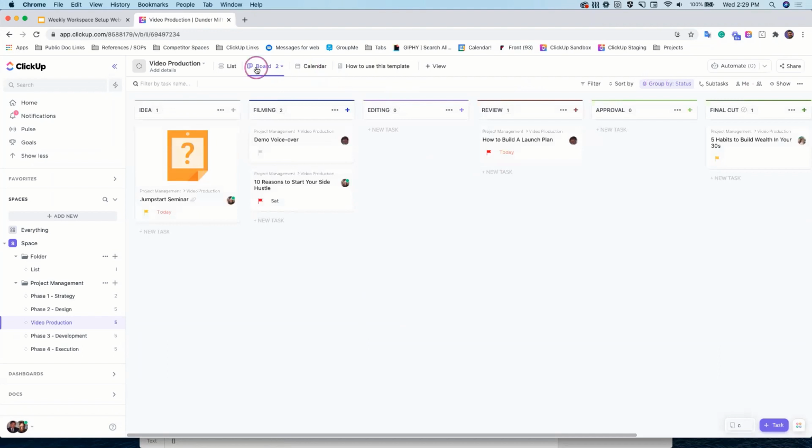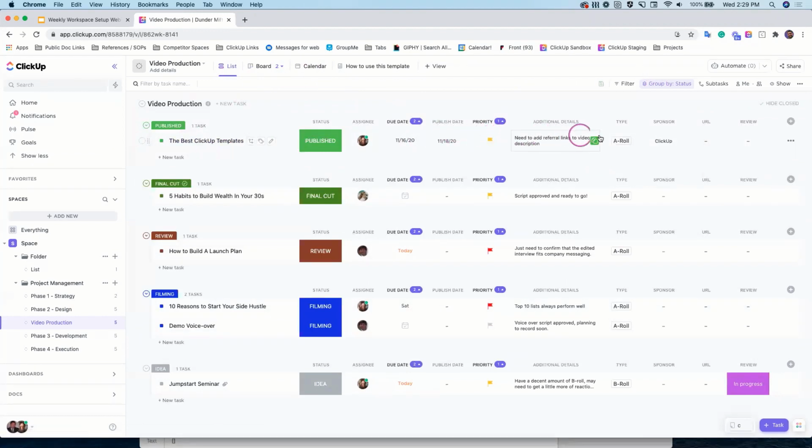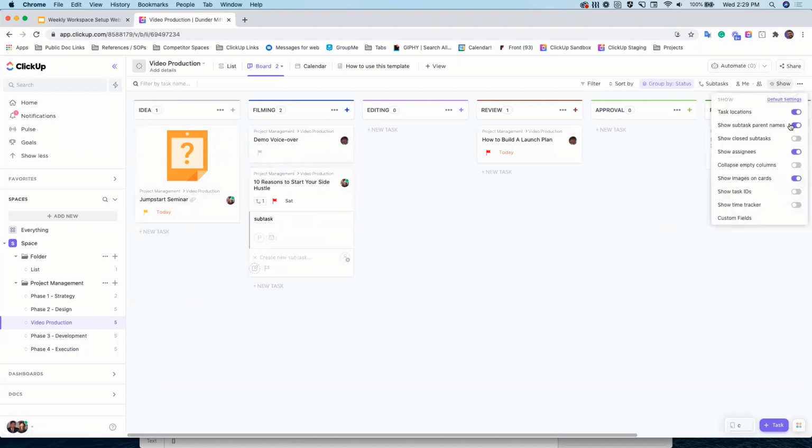Okay, so that's board view. Oh, also, if you'll notice, on list view here, you can see that there are lots of custom fields here, and there is tons of information visible right on this view. In the board view, it's a little bit more simplified and streamlined. I can see the title, I can see subtasks. We can add a subtask. Let's do that. Why not? So subtask, and we can either see it as just indicated here, or we can even reveal it, show